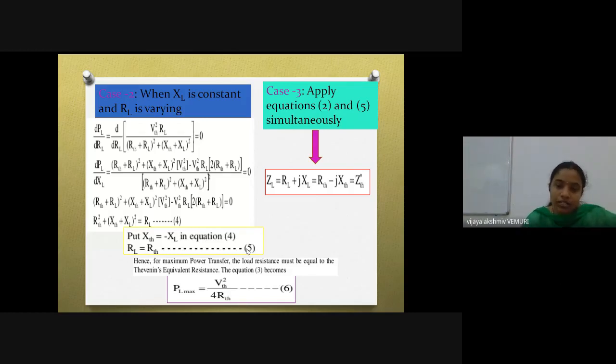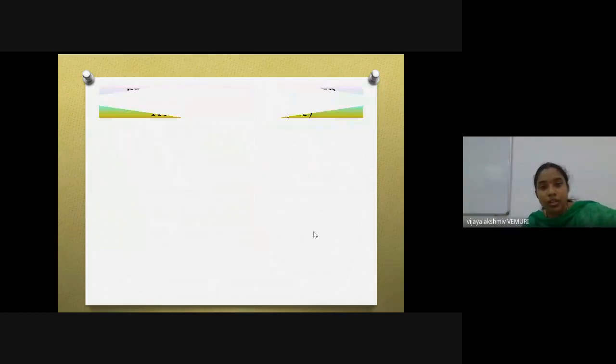Here the condition is very, very important, so you can make it a star mark. In an AC circuit, the maximum power transfer takes place when the load impedance is equal to the complex conjugate of the source impedance, or the complex conjugate of the Thevenin equivalent impedance. This is a five-star point as far as competitive exams are concerned. In this case also, the maximum power transferred is equal to VTH square by 4 into RTH. Have you understood till here?